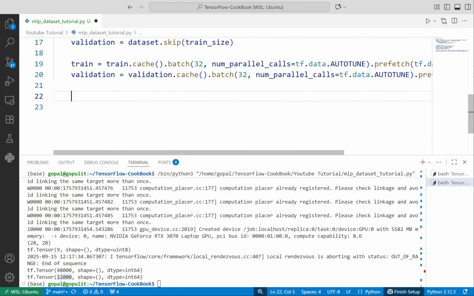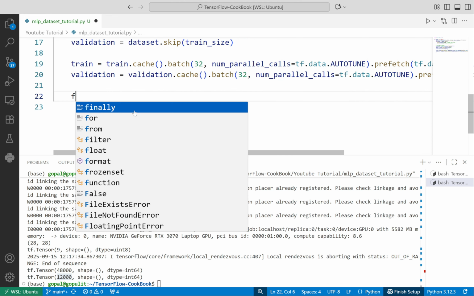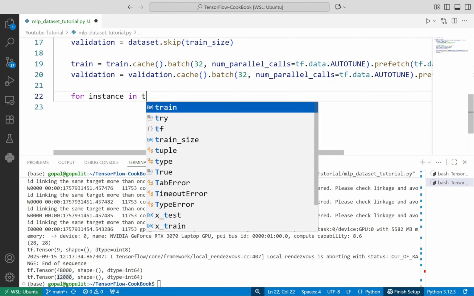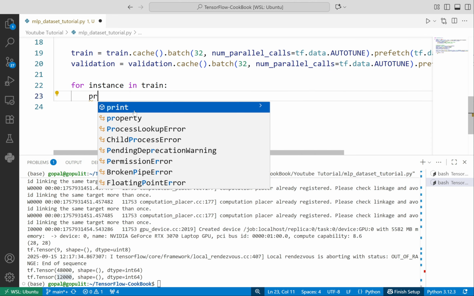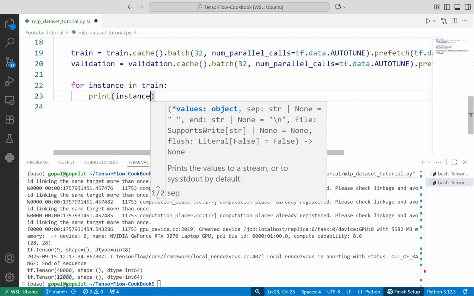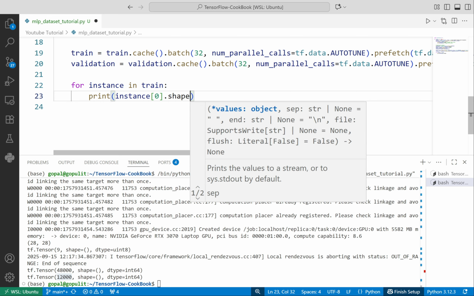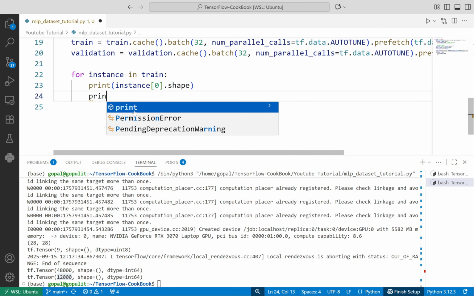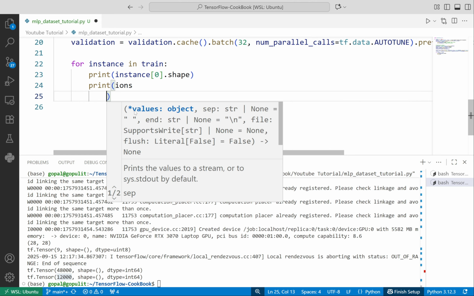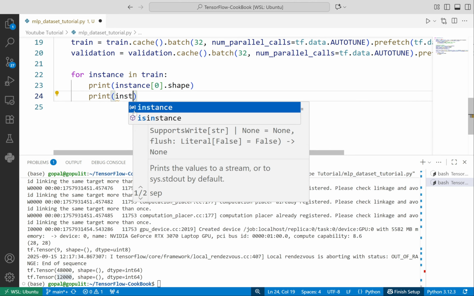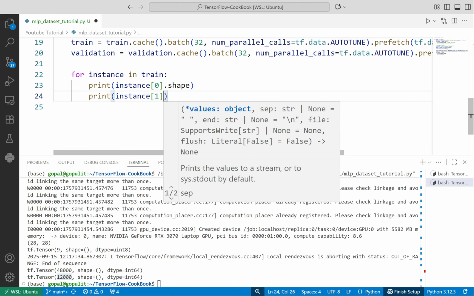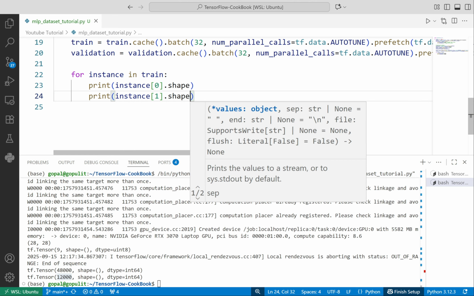Now you can simply see, for instance in train, I can write print instance 0.shape and print instance 1.shape.